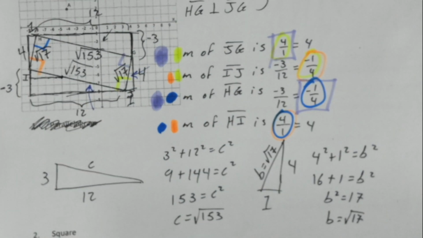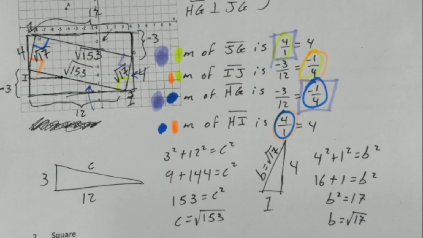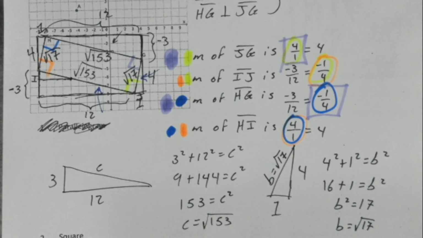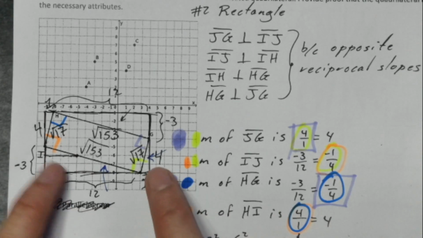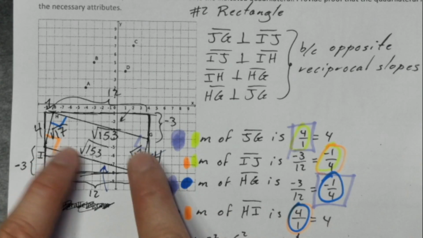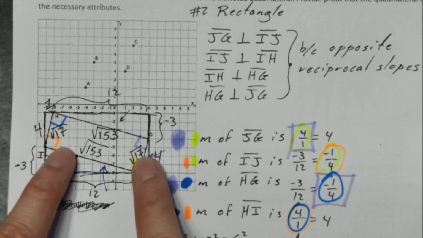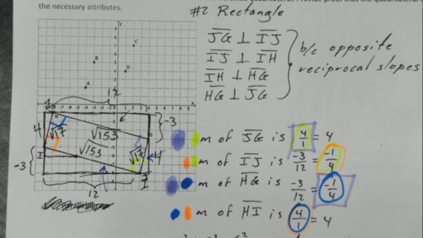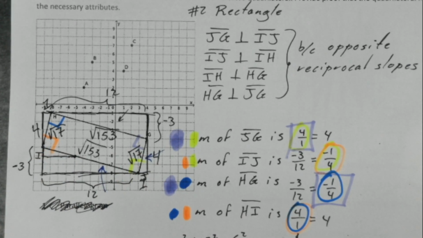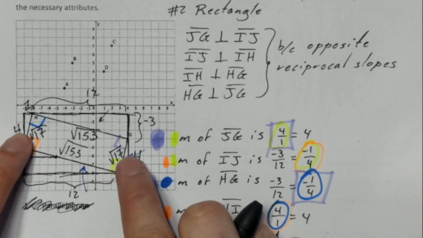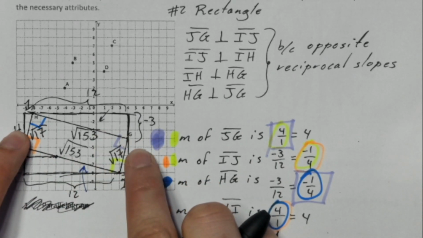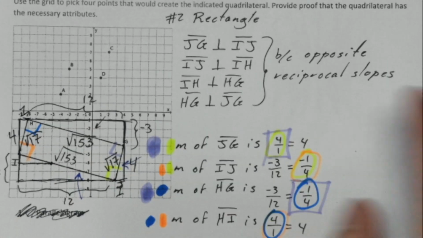So we will get the exact same lengths. Alright, so right here I can see that you have listed all the lengths of each of the sides. Okay, if you list that on the shape, that's better. You don't have to write a statement. Okay, so we have proven that the opposite sides are the same length, and we have proven that all the